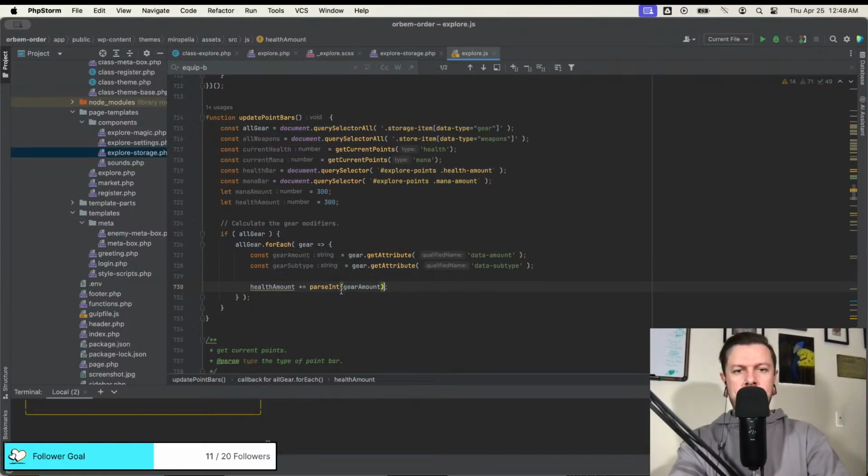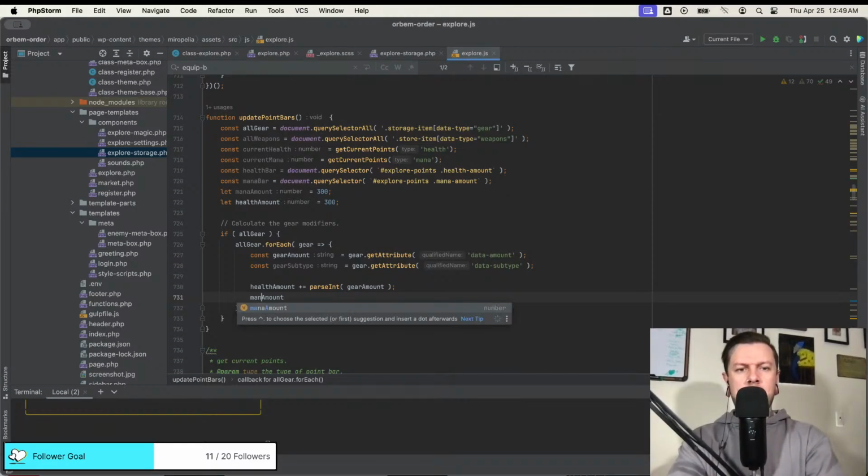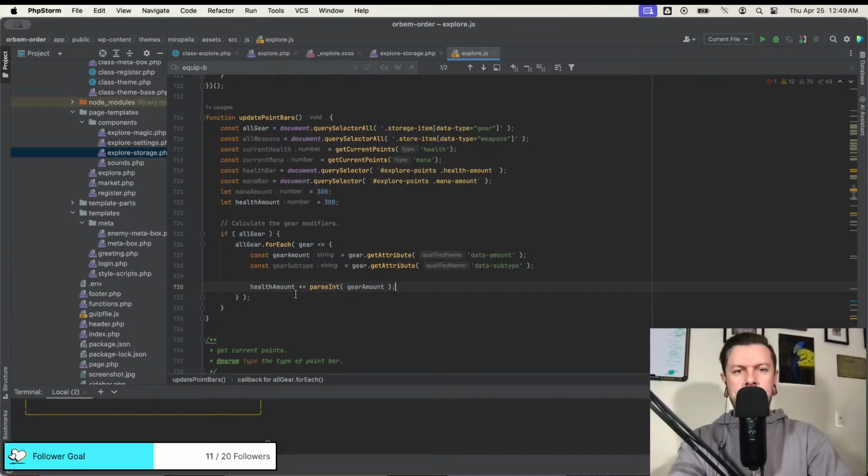Okay, this is working. Right? Yes. And then we'll do mana amount the same way. Oops. Mana amount plus or minus. Oh no, I'm stupid. Can't just straight out start adding because the amount is only for if it's subtype.